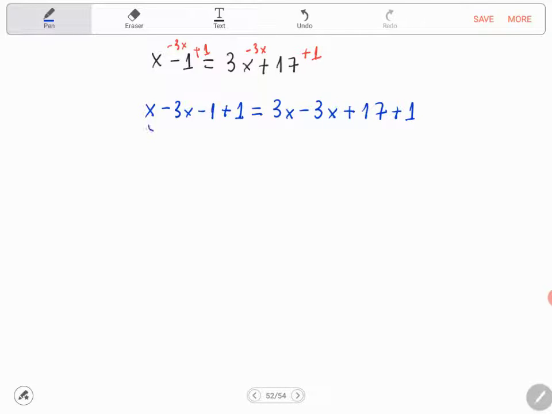Then here x minus 3x is -2x, because on the left side of the value of x, we have the number 1, and 1 minus 3 is -2, right? Then we will cancel -1 plus 1, because -1 plus 1 is 0, equal 3x minus 3x is 0 too, and we cancel. 17 plus 1 is 18,